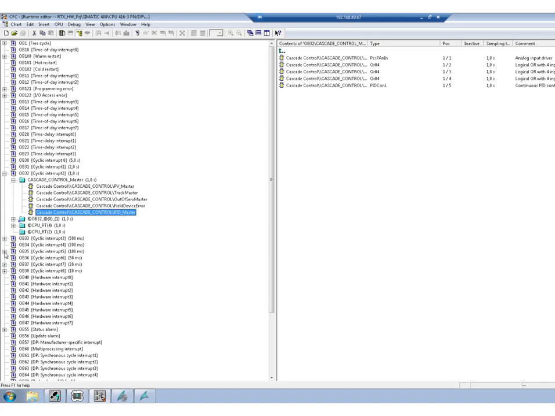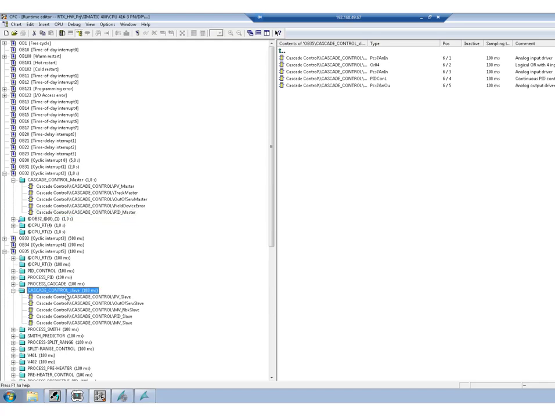If we now go and look at the slave PID controller, you will see that this PID controller of the slave PID is running with a cycle time of 100 milliseconds. So the associated TS is 10 times smaller. So as you can see, you can really associate a certain FB implementing, for instance, a PID controller to different